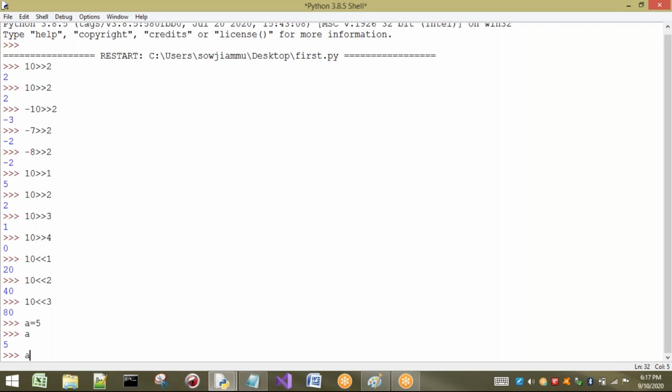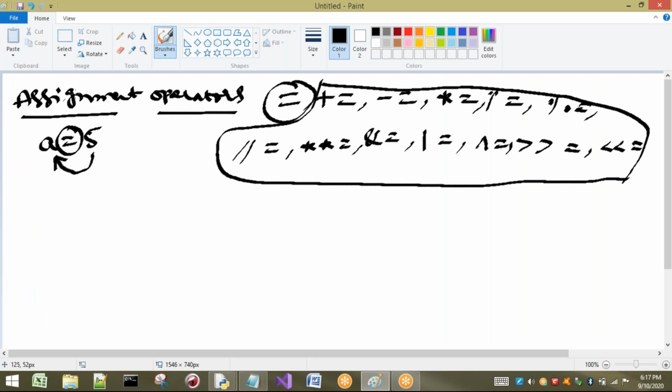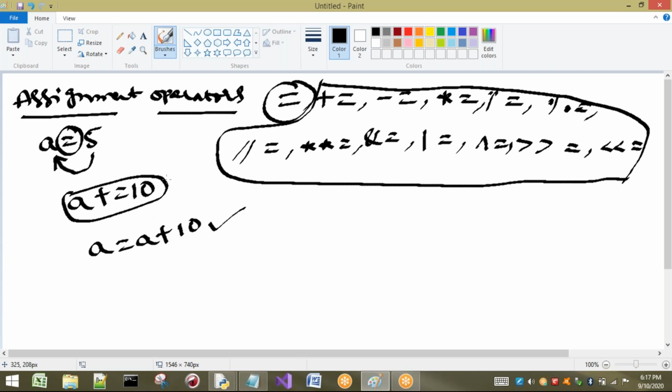First I will take a += 10. Now here I will explain how it is going to be performed. So a += 10 I have taken. Listen carefully. This expression is nothing but a = a + 10. Whatever operation is performed there, in the same way this expression is also going to be performed. So if I want to perform this operation, you can take it in this way.